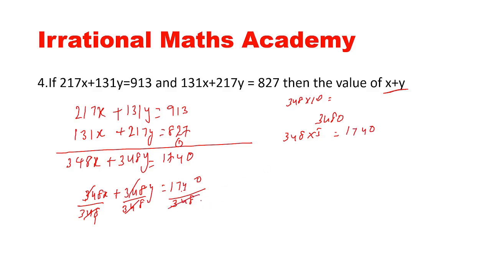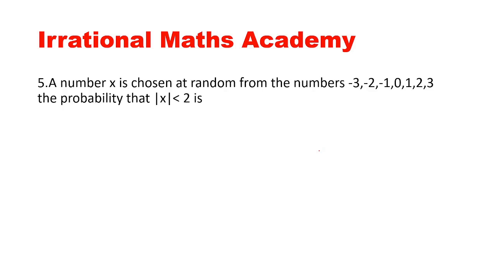I'm doing it directly. Ones are fives. So what is the answer? x plus y equal to 5. This is what they asked. Is this clear? Next. A number x is chosen at random from the numbers minus 3, minus 2, minus 1,